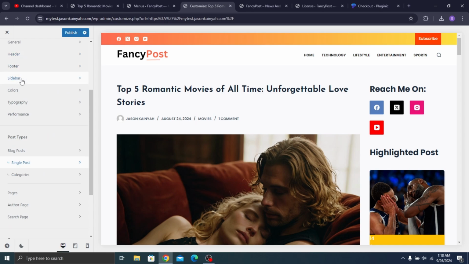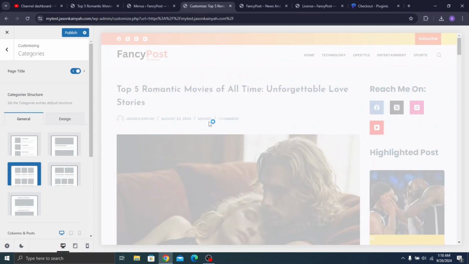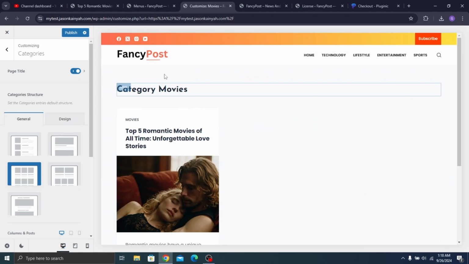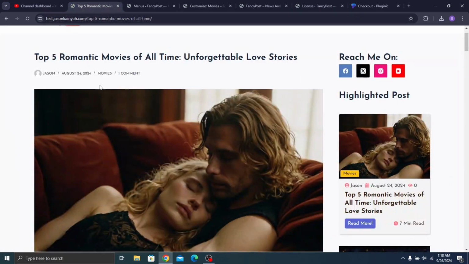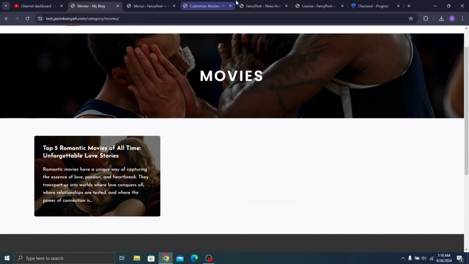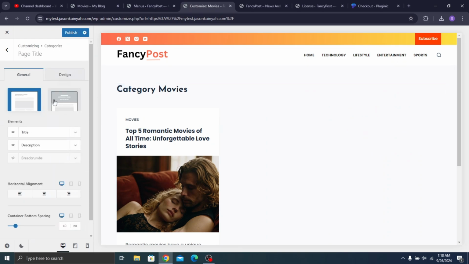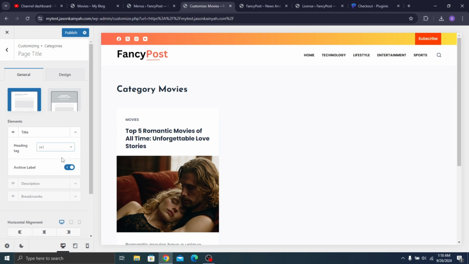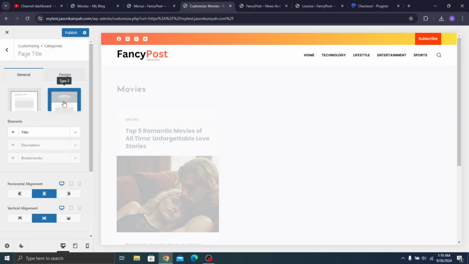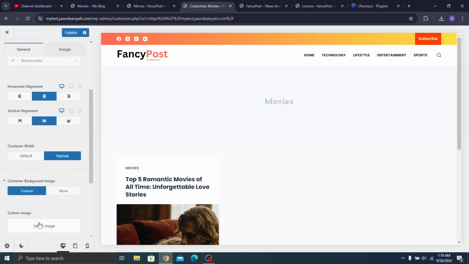Now let's go back, and then we can go to the category pages. So here, if I select movies, you see that this is what our category page looks like. But if I go here and select movies here, this is what our category page looks like. Okay, so to edit it, all you have to do is click on edit here, and then click on this to hide the description, and select the title here, and click on this to disable the archive label. Now select type 2, then scroll down to container background image, you can select custom